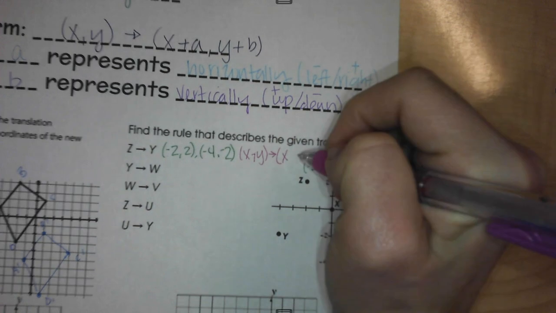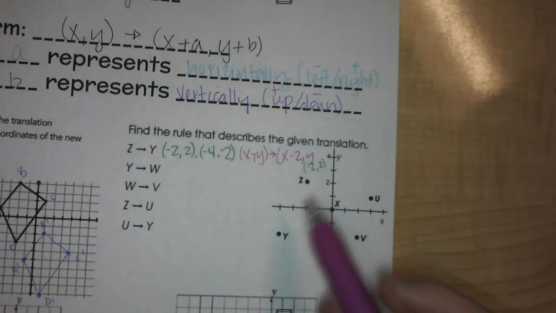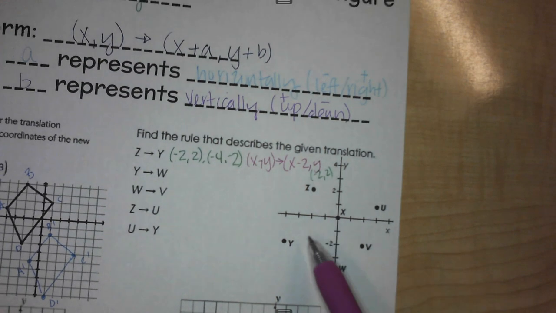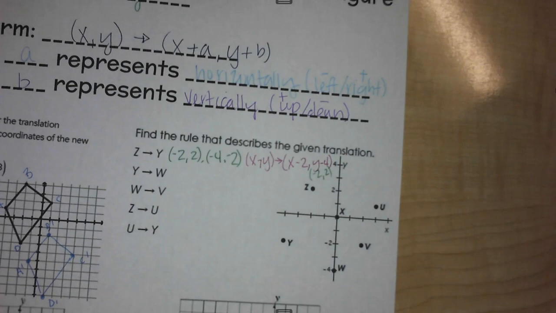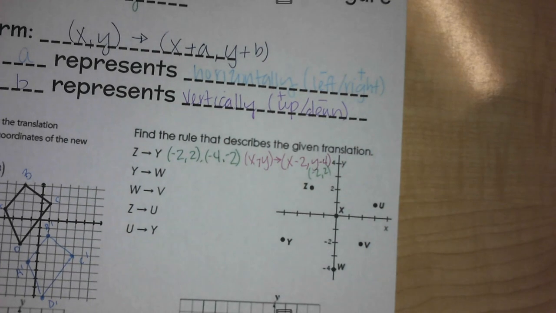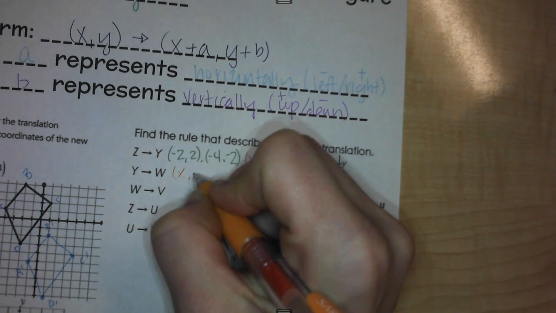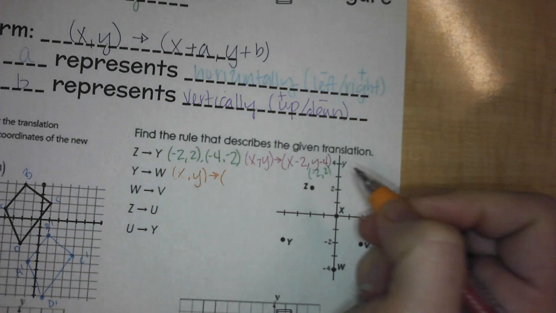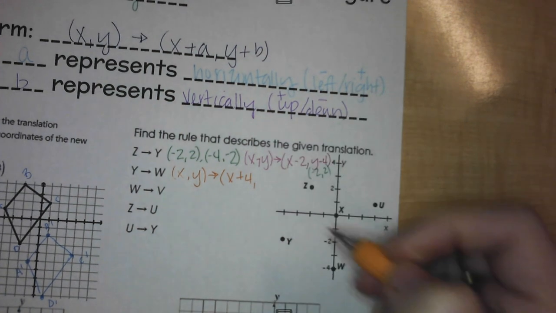And we go to the left, so it's -2. Comma y, and then we're going down 1, 2, 3, 4. So again, it's subtraction 4. So let me quickly write the rule for this one, x comma y, and it goes to x plus 4,